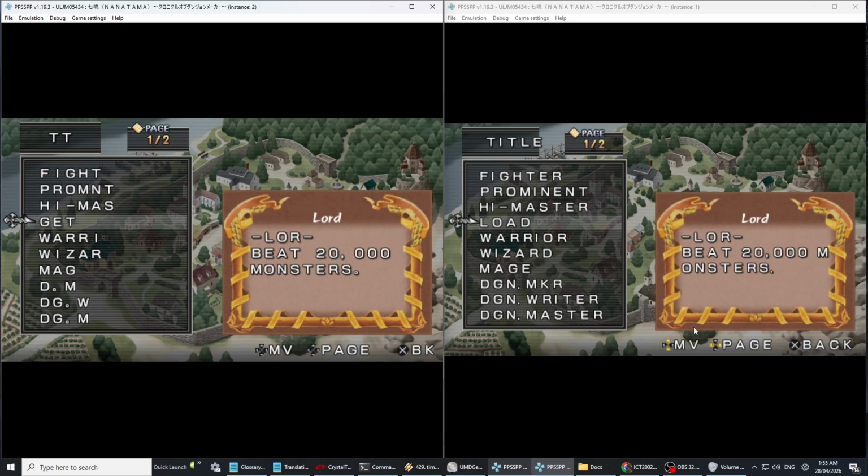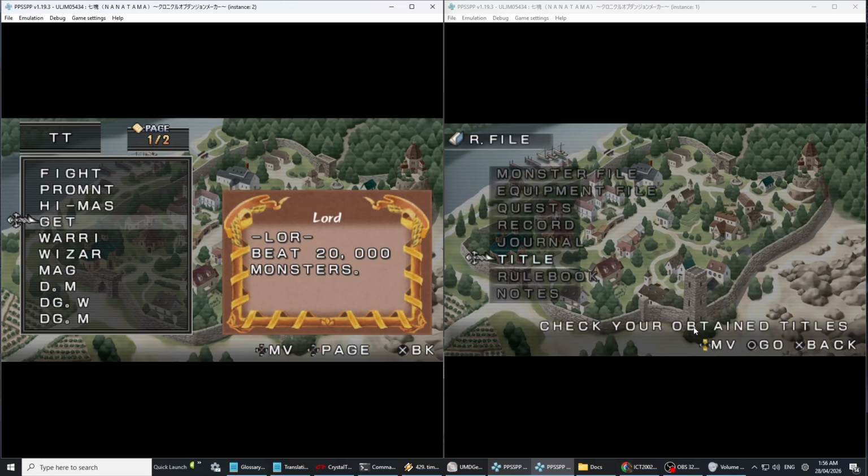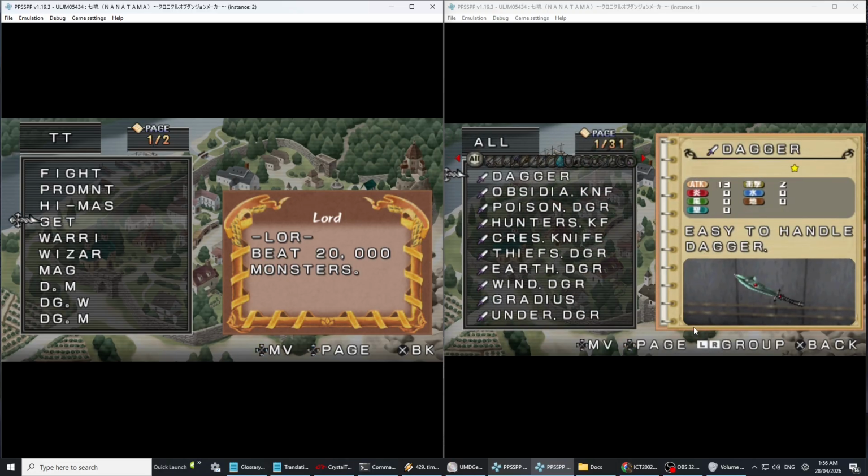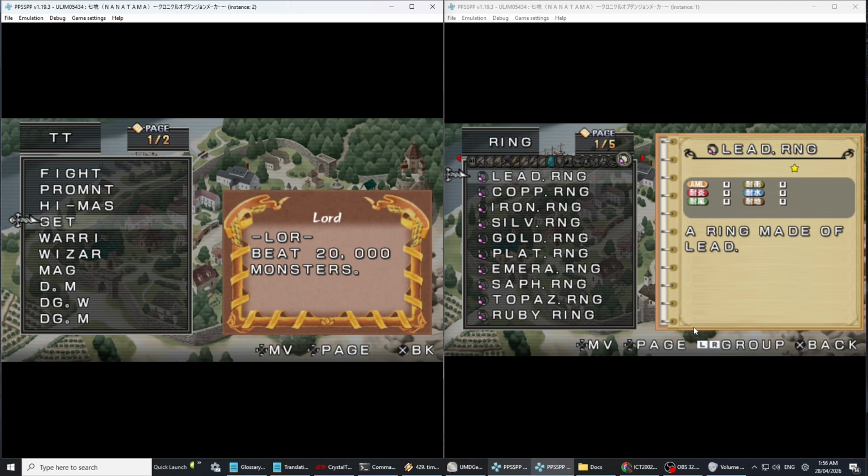And if you see this one here, where it says "get" and on the right it says "load". One aspect specific to this game, and that wasn't in the other games, is that there are multiple cases where the game shares the same name across many different things. Like, if I go back to the ring screen, you see, now remember that you saw "load". If I go back into the equipment file and go into rings,